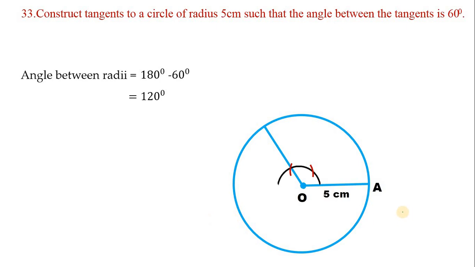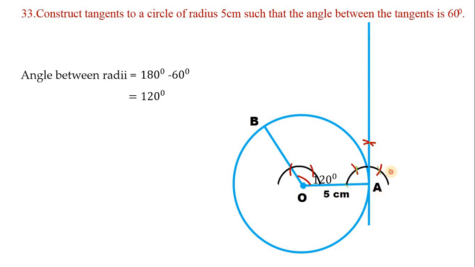Next, let us construct tangents at point A. For that also, don't take more than half of the radius, take less than half of the radius itself. I have taken less than half of the radius. Now this as center, cut an arc. Again this as center, cut another arc. Now this as center, cut this arc, and again this as center, cut another arc. These two arcs should intersect. Now join this point to A and produce the line just like this.